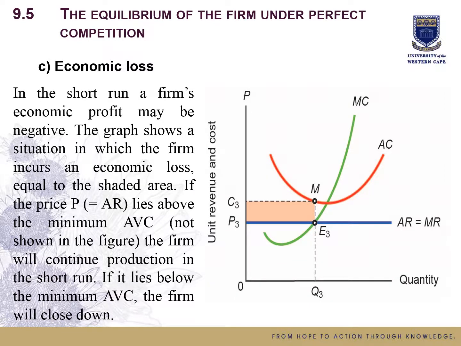Scenario 3 is whereby average revenue, which is the price, is less than marginal cost and the firm earns an economic loss. The figure measures unit revenue and cost on the vertical axis and quantity on the horizontal axis. Profits are maximized where marginal cost is equal to marginal revenue, that is at quantity Q3. At Q3, the firm's average revenue is less than the firm's average cost, hence the firm earned an economic loss indicated by the shaded rectangle